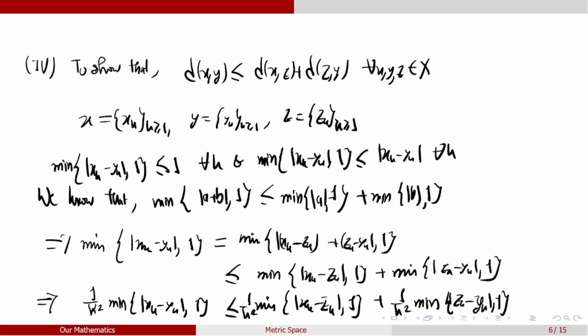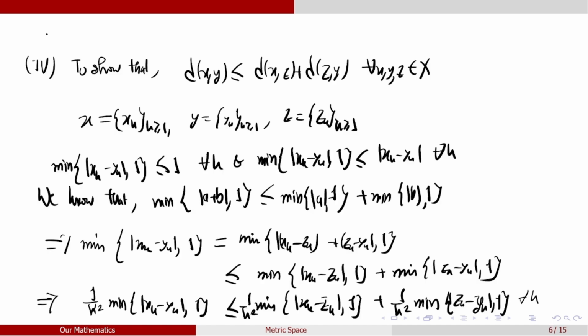So this implies if this is true for all k, then this would be true for the summation also. If ak is less than or equal to bk for all k, then summation ak would also be less than or equal to summation bk. So this implies summation k equal to 1 to infinity of 1 by k square minimum of xk minus yk comma 1 is less than or equal to